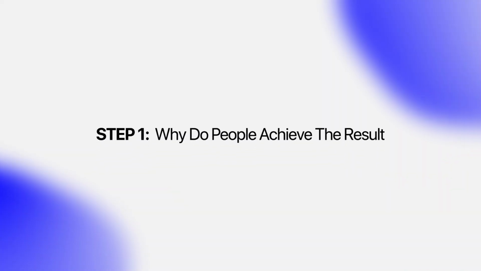Step 1. Why do people achieve the result? The main goal in this step is to differentiate the winner from the loser. You are going to tell them the reasons that people actually win. For example, people who manage to lose weight have a sustainable diet and they don't have to starve to death. They have a proper workout plan with which they're going to lose a realistic amount of weight by the end of each month. And all of this helps them to stay consistent. So you might be asking, why do we tell them all these criteria?